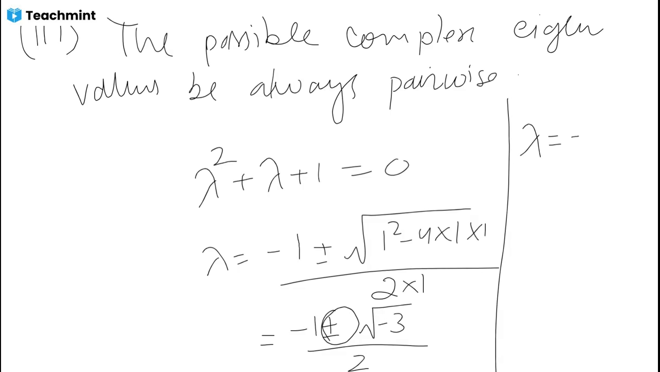Because of this. So here root 3 times iota over 2. So in this way, we can understand that complex eigenvalues are always pairwise. Understood. Next, remarks